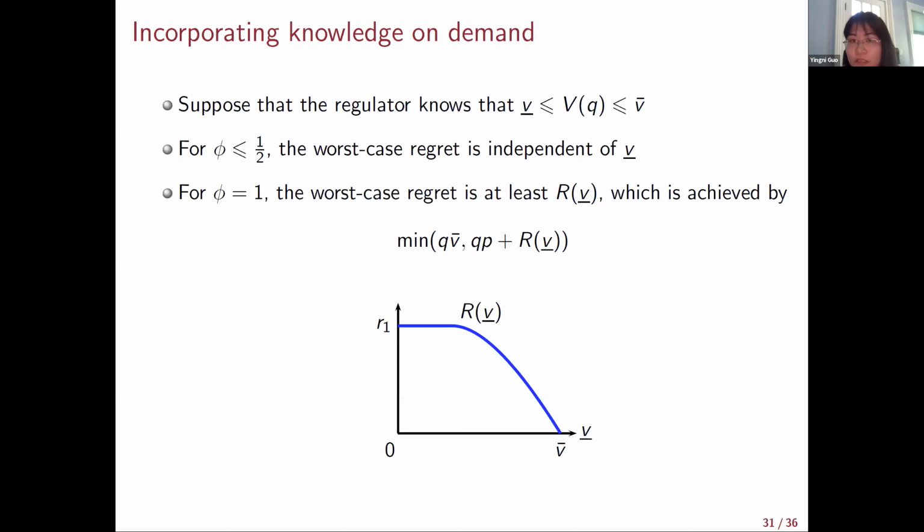So for the cost function, I think it's good to restrict attention to this type of fixed cost plus constant marginal cost. We can find an upper bound on the fixed cost. So if you know it's between 0 and this upper bound, then our result still holds. So that's what we can do.